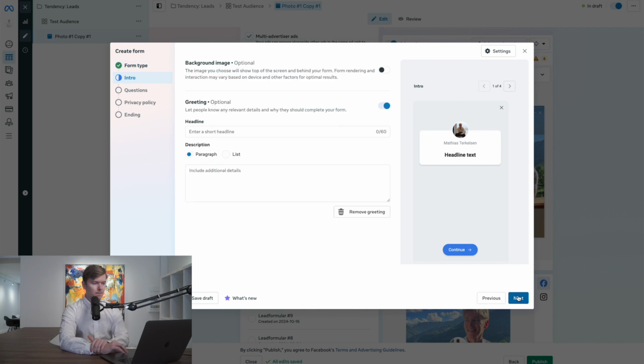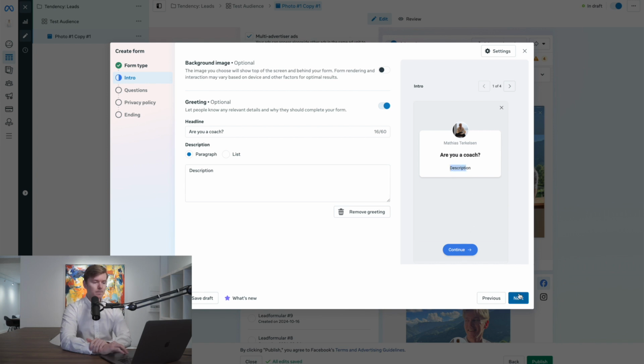Then you press next. Then we put in a headline. It's going to be right here. Again, that could just be like a question. It could be again, are you a coach? And then right here, in the description, you can put in some more information. I'll just try to tell them why they should sign up in the lead form and become a lead. Like, just why should they sign up? You can put it in the description right here, and it's going to show up right underneath.